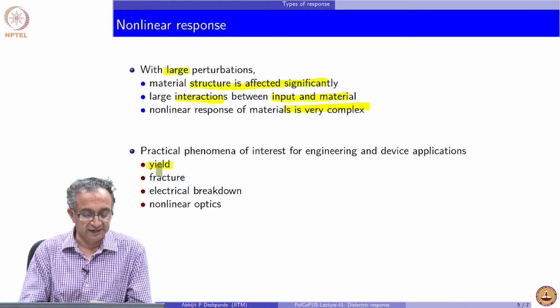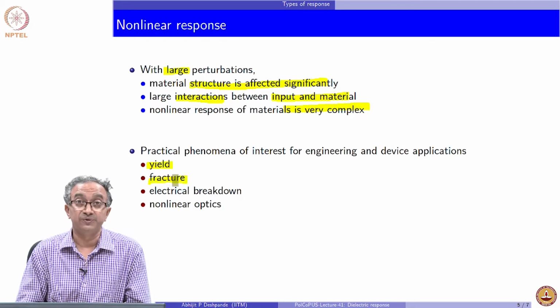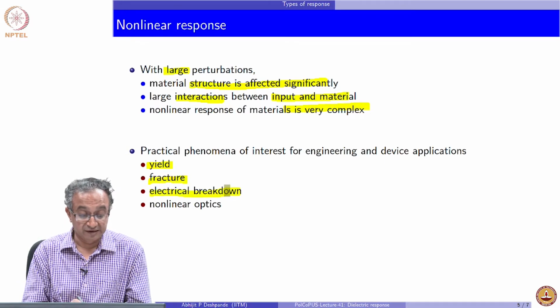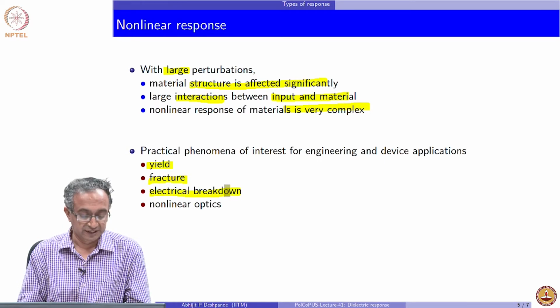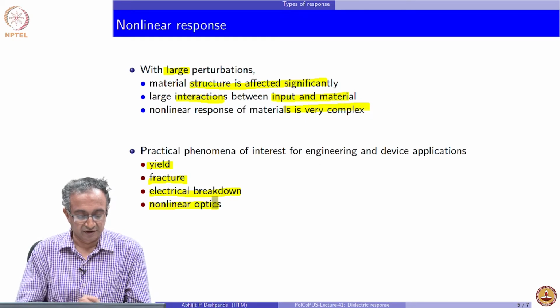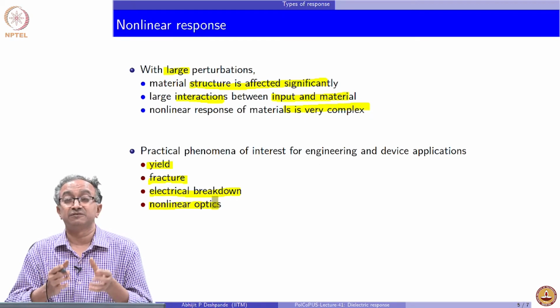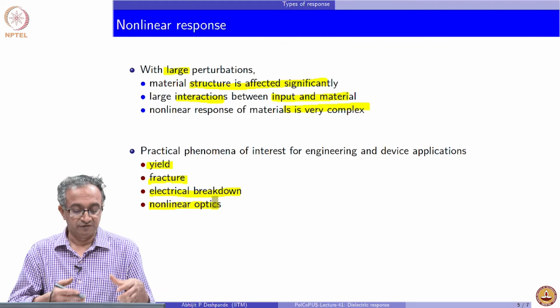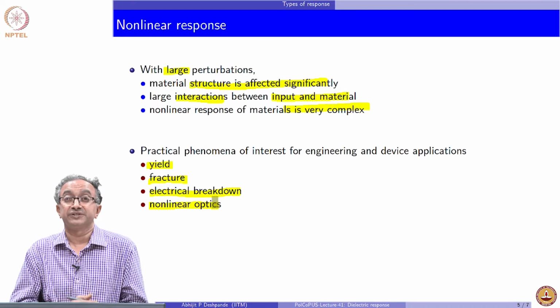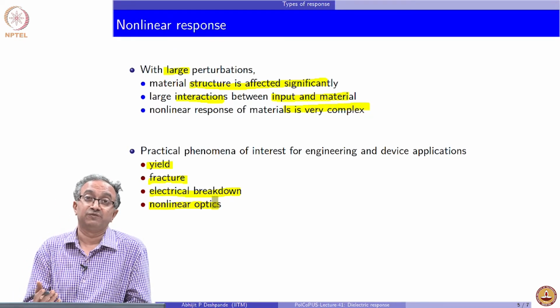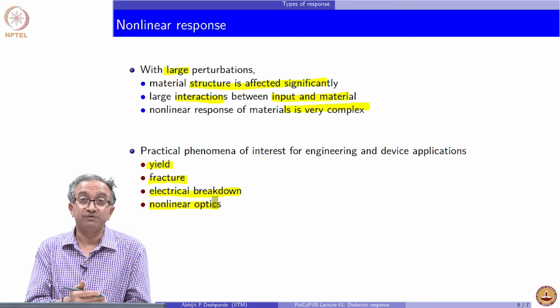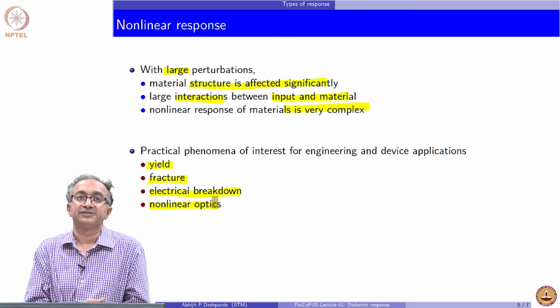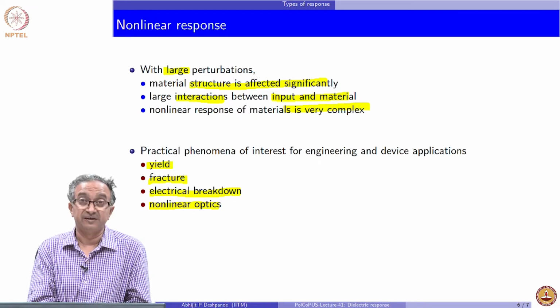But things like yielding and plasticity, breaking down of material, electrical breakdown in the case of insulation for high tension cables, or nonlinear optics, these are all examples where the nonlinear response of material is very crucial, and many of the advanced students of properties of polymers will be focusing on these phenomena, not just from a theoretical viewpoint or a conceptual understanding point of view, but practical applications, because each of these phenomena is involved in the direct application of polymeric material in a